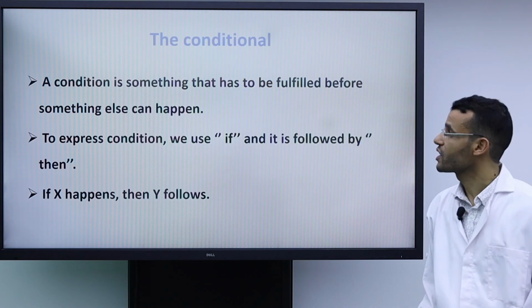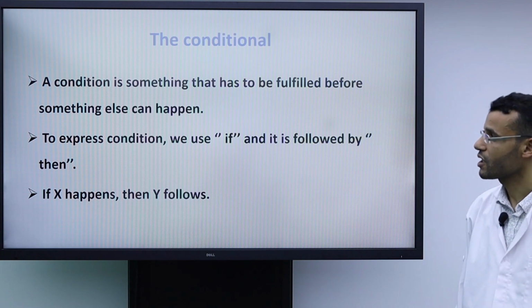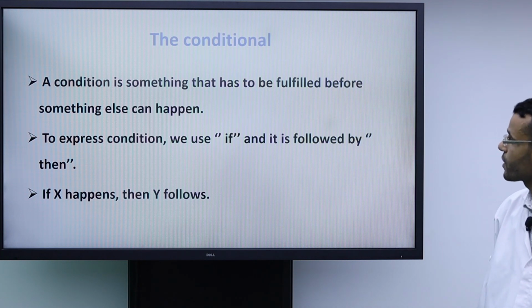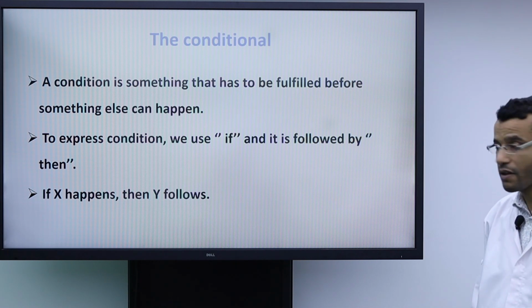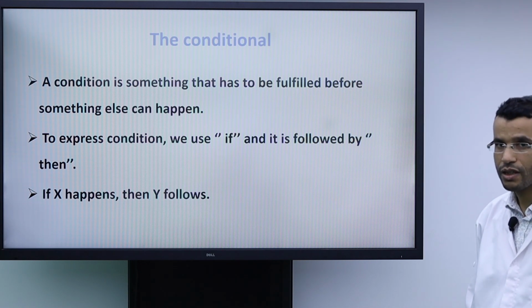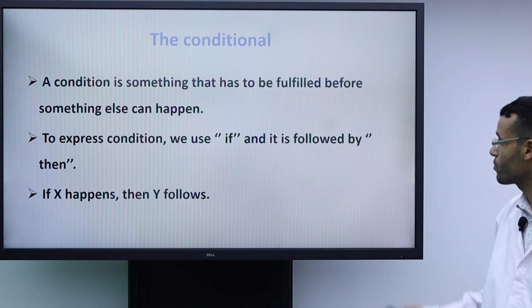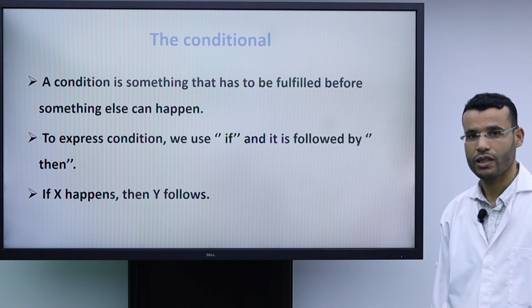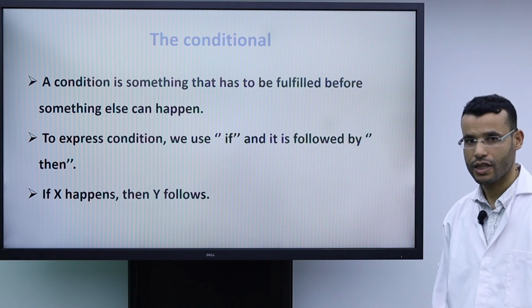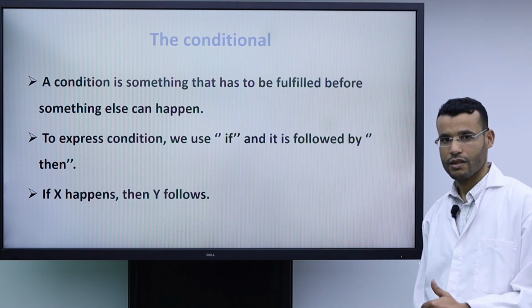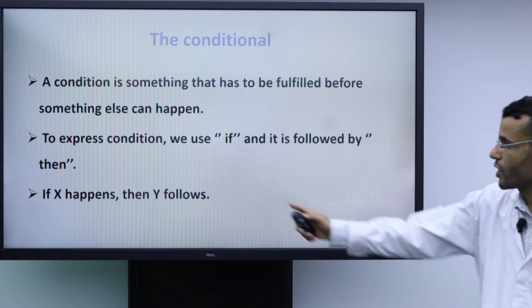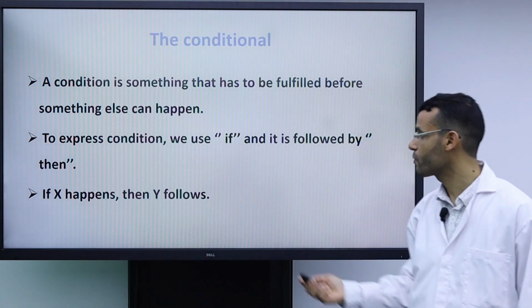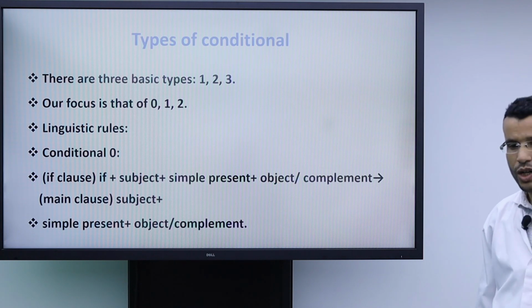Now we move to conditional. Condition is something that has to be fulfilled before something else can happen. And to express conditions, we use if. It is obligatory in conditional, okay? And it is followed by then. So we are put with a formula which is if, then. If X, then Y follows. So if X happens, then Y follows. Types of conditional we have